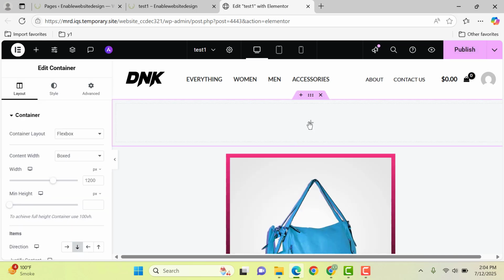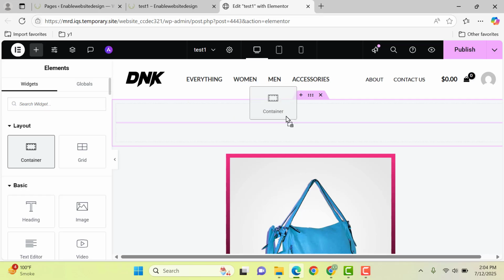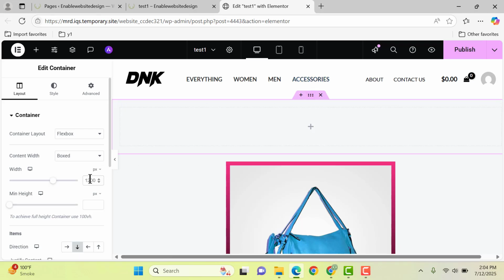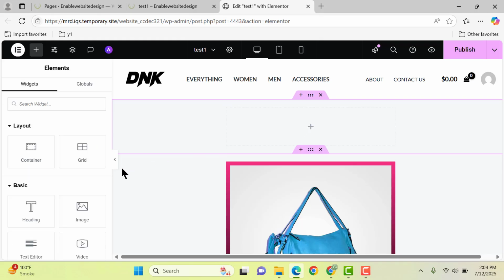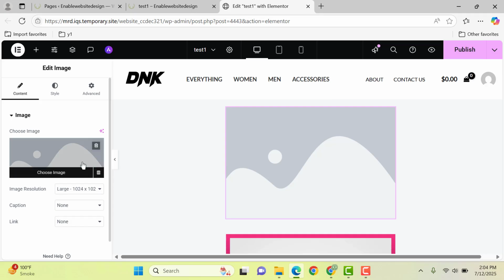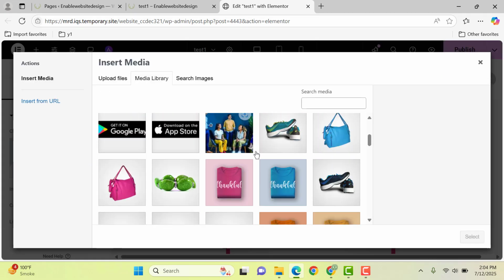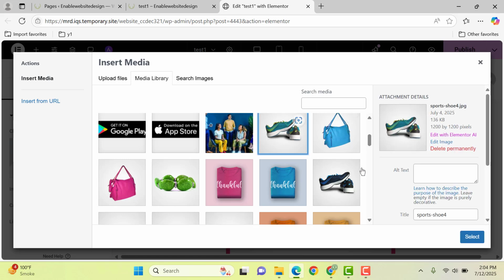So now inside this container I need to add one more container. Then let me decrease container width. For example, I want to keep it for 50, and now here you can see this one is the container width. After that, now let me drag here one image. So let me select this image,